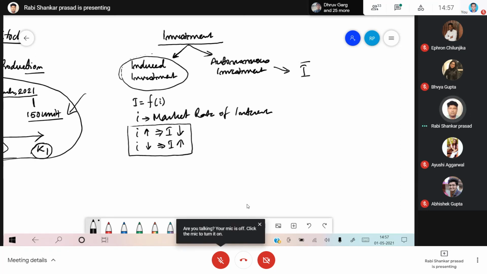So let us consider, all of you think about it. Suppose government wants to expand its educational services, and government wants to invest. So government decided, I want to set up a school or college or university. Do you think government is going to take this decision on the basis of what the rate of interest is in the market? Think about it, tell me yes or no. No, sir. It won't consider the rate of interest. Good.